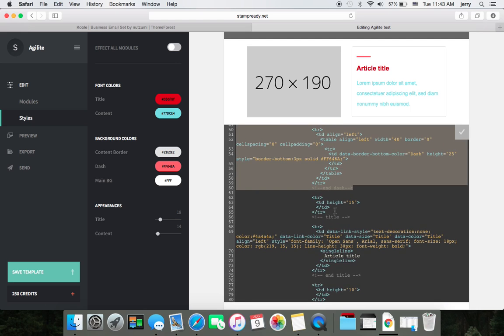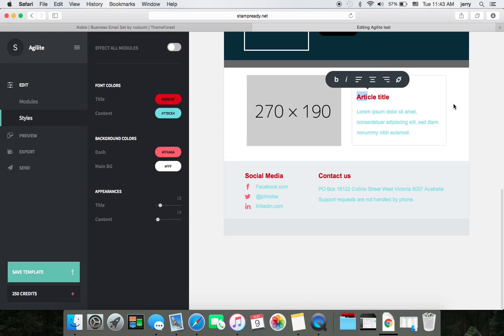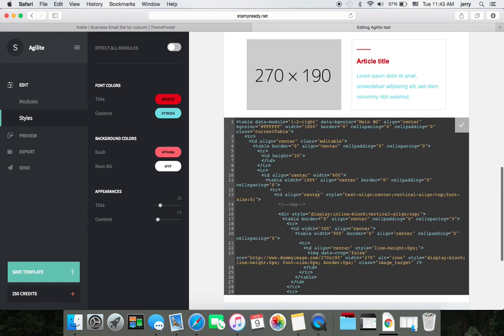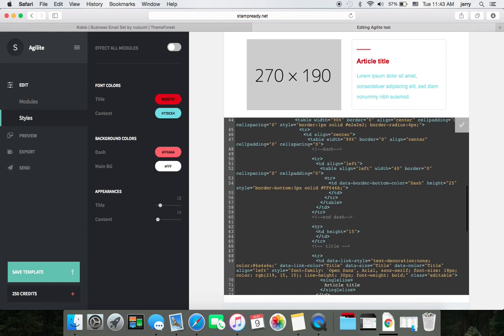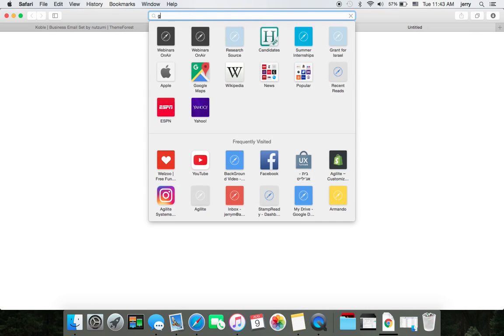Okay. So you go in and you see title, and this is the beginning of the title, end of the title, and you see the article title. So that links to this right here. And what you might want to do is you might want to make that maybe a different font. Instead of, you can see it says font family Open Sans Arial Sans Serif. So maybe you would want to make it something else. So what you can do is you can go to Google Fonts